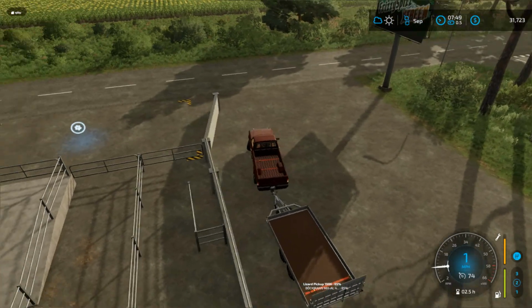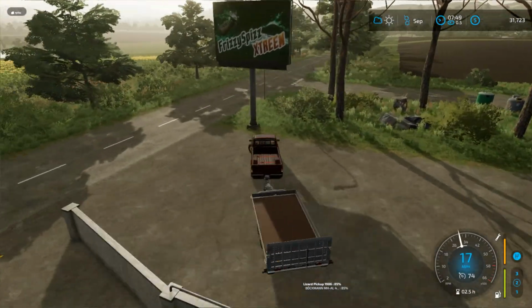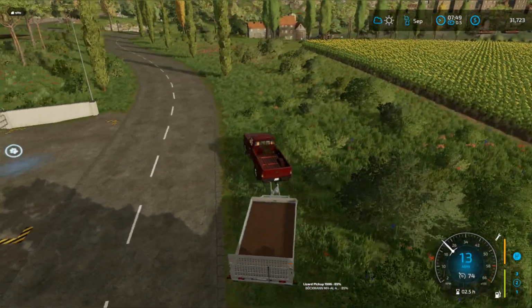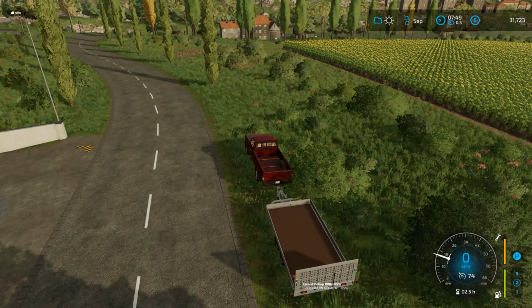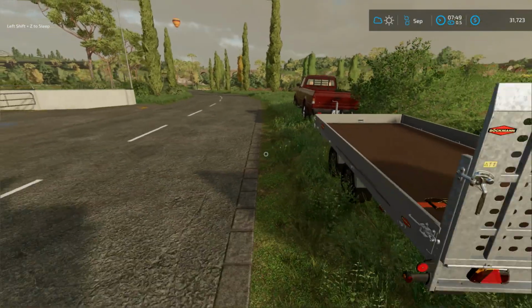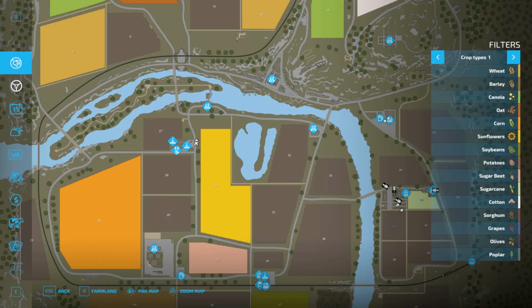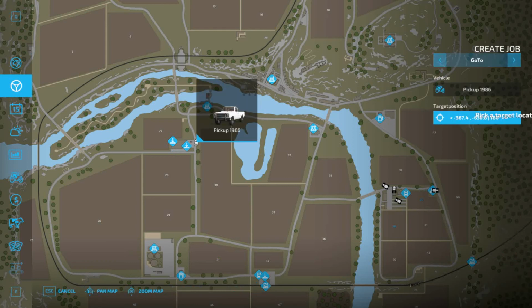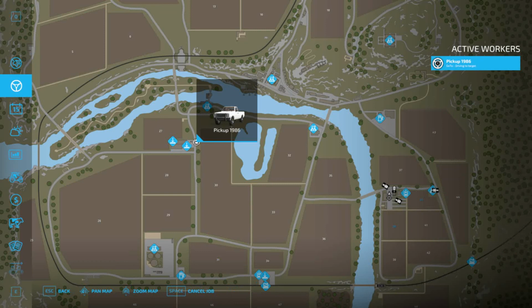We know that sometimes the pathfinding of the AI is a little bit tricky. So, if that is the case, let's stick this on the side of the road and get out, and we shall set the AI going. AI, you, create job, go to, yeah, go. Now then, you know that Rex is over there,